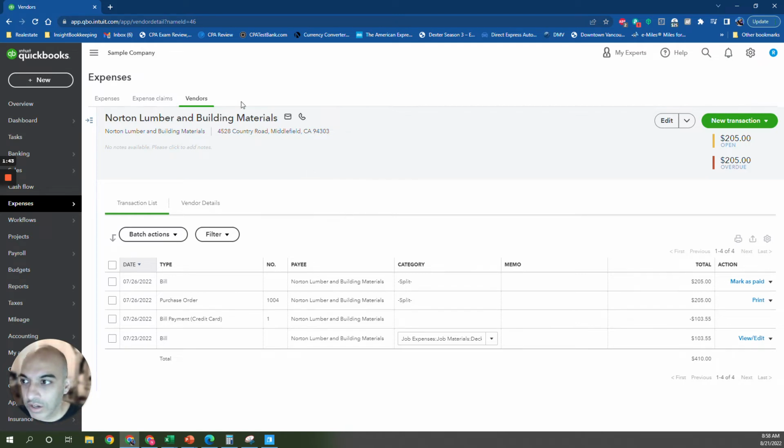So right here in QuickBooks, this is just a sample company. You basically have a vendor. So you're a building material company and you want to order some materials. A lot of times in QuickBooks you can do the full purchase order to payment. So you would click on new transaction, purchase order,